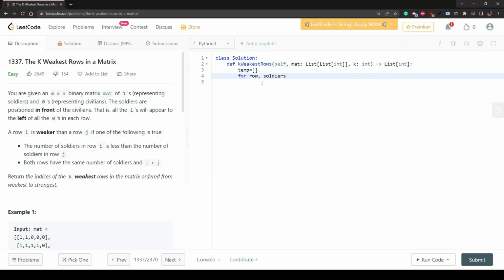soldiers in enumerate of mat, which is matrix. By doing this, in each iteration we get a tuple of row and soldiers. So now we could append to the temporary list the sum and the row. So let's do temp dot append sum